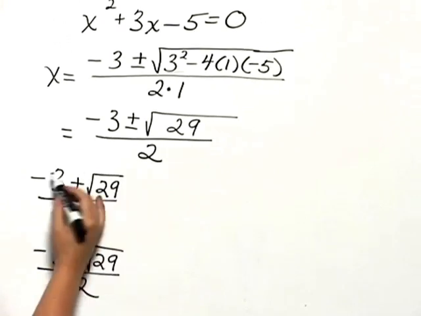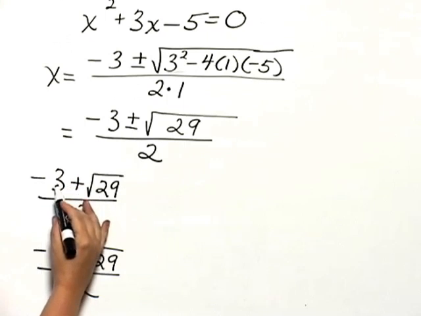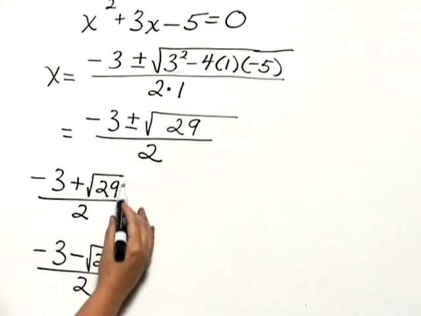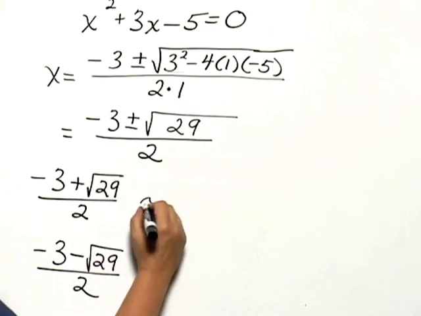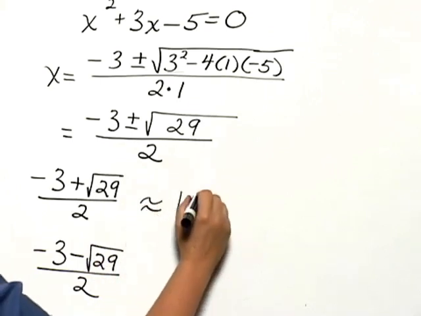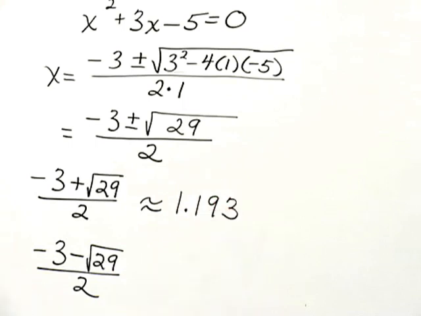Using a calculator, we would put parentheses, and we would say the opposite of 3 plus the square root of 29, close the parentheses, and divide by 2. And that would be approximately 1.193, rounding to 3 decimal places. Here we would do the same thing, only we would subtract the square root of 29, and we would find that that's approximately